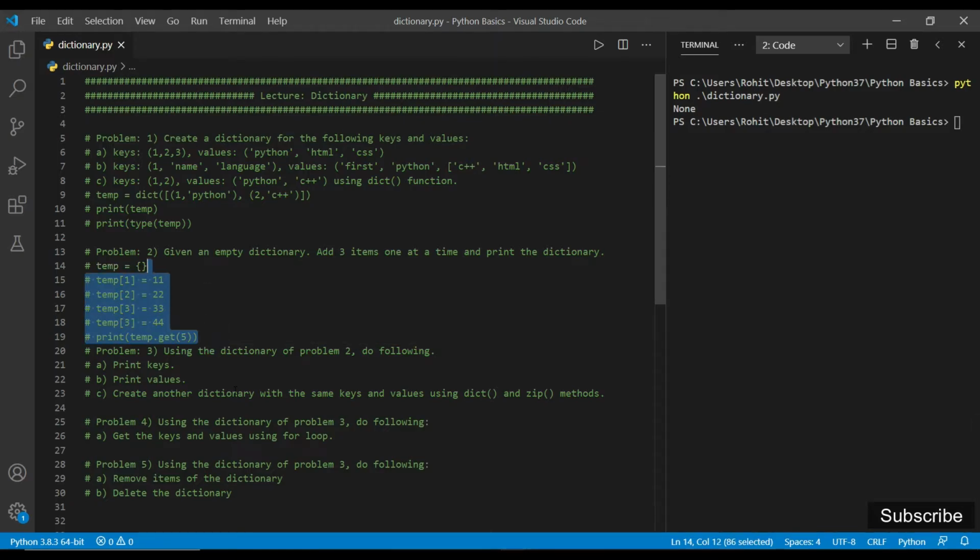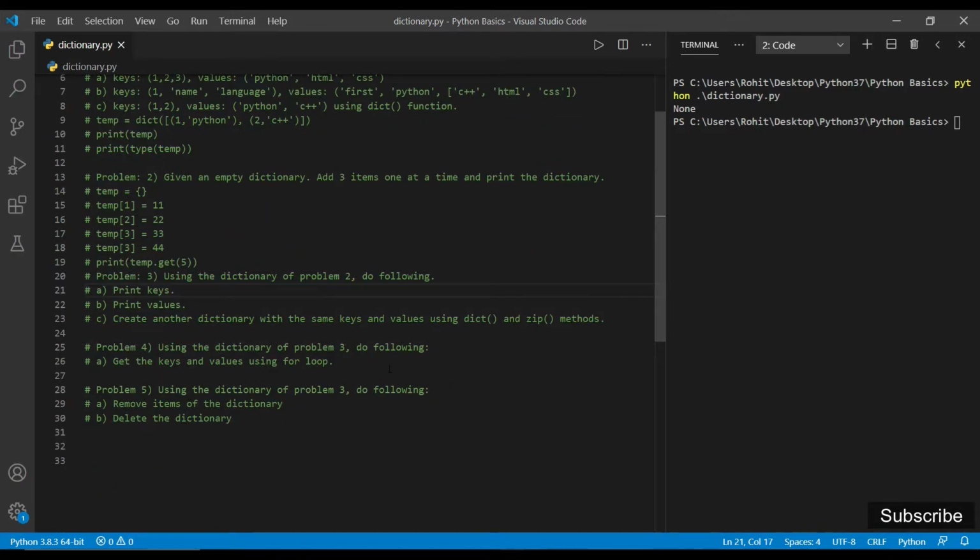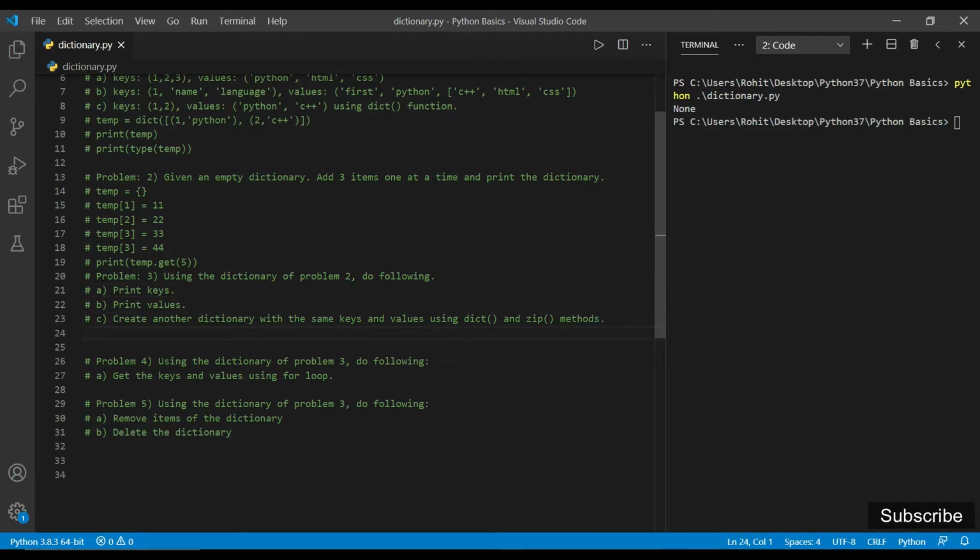Okay, now in problem number 3 we have to use the dictionary of problem number 2, and print the keys, and then in part B we have to print its values. So first of all we have this dictionary, that is the temp dictionary, and we have these values.